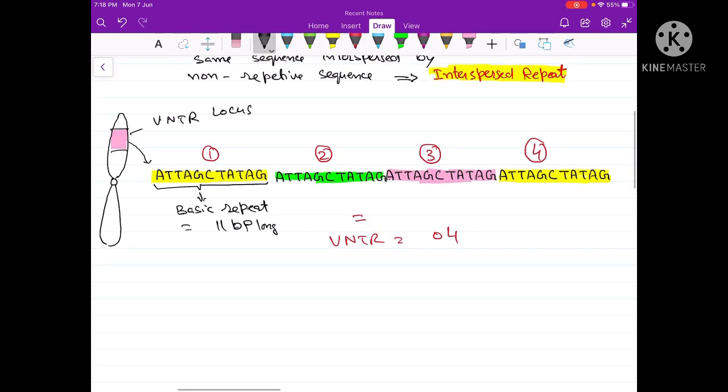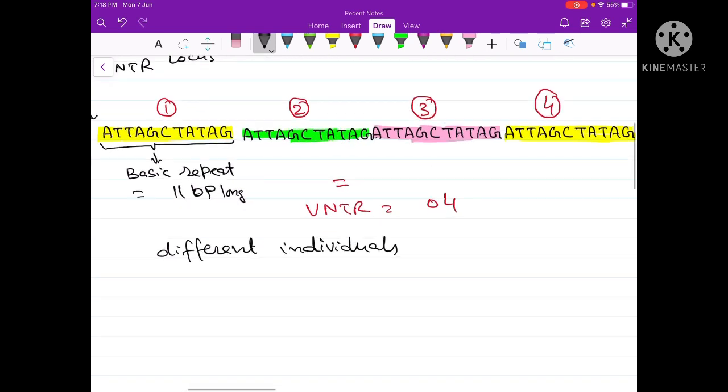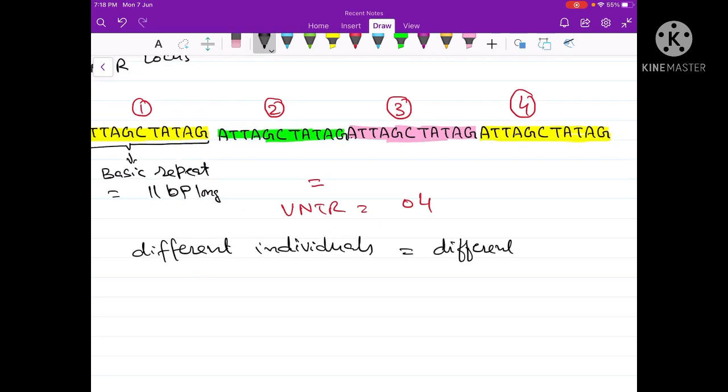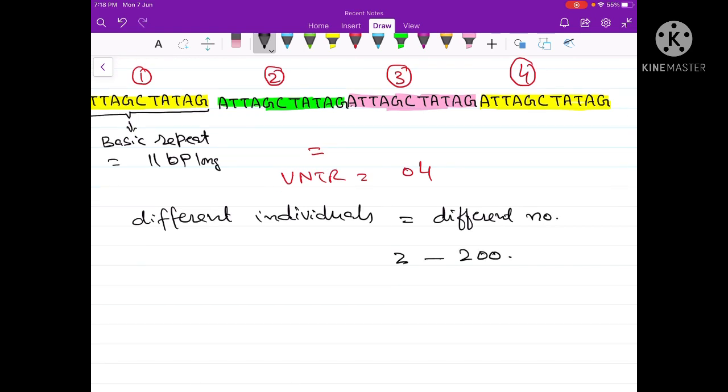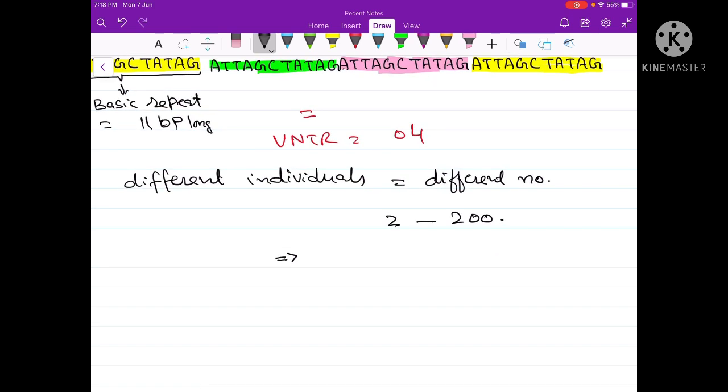Now another individual will have a different number of this basic repeat at the same locus. So different individuals can have different numbers of basic repeats, anywhere between 2 and 200. Therefore, when the restriction endonuclease is applied to them, they will